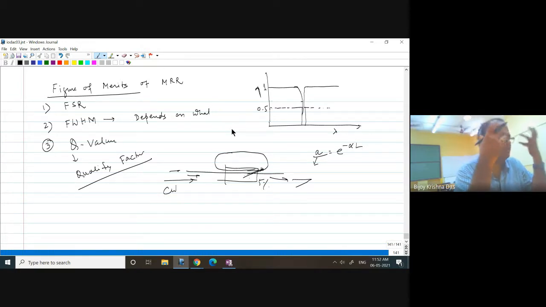Think like that instead of just textbook definitions. Any answer? What could be the reason? Come on, someone at least answer. You tell me. Parth, Rishabh, Jaswant, I see. Any answer? Sir, could you repeat it once?